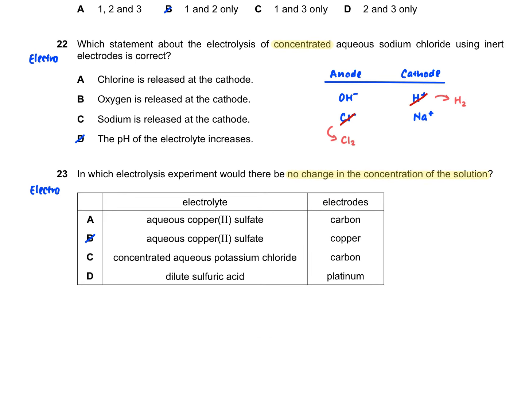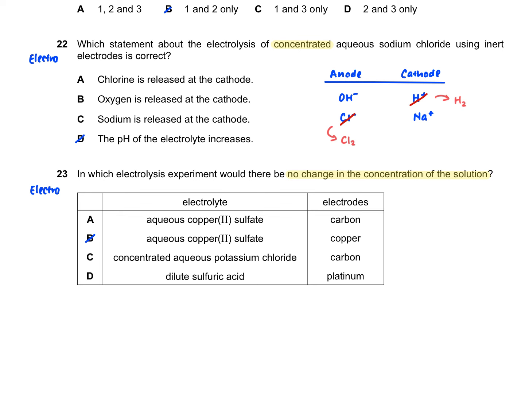For question 23, this is again an electrochemistry question. So they're asking you for which particular setup there would be no change in the concentration of the solution. Now, for electrochem questions, when you see no change in the concentration of solution, this is analogous to the color of the solution remaining blue. Okay, I'm not saying that they're exactly the same, but it should remind you of the case where the color of the electrolyte remains blue. Okay, when that happens, it means that there's no change in the concentration of the solution in the electrolyte, and that happened, if you can recall,